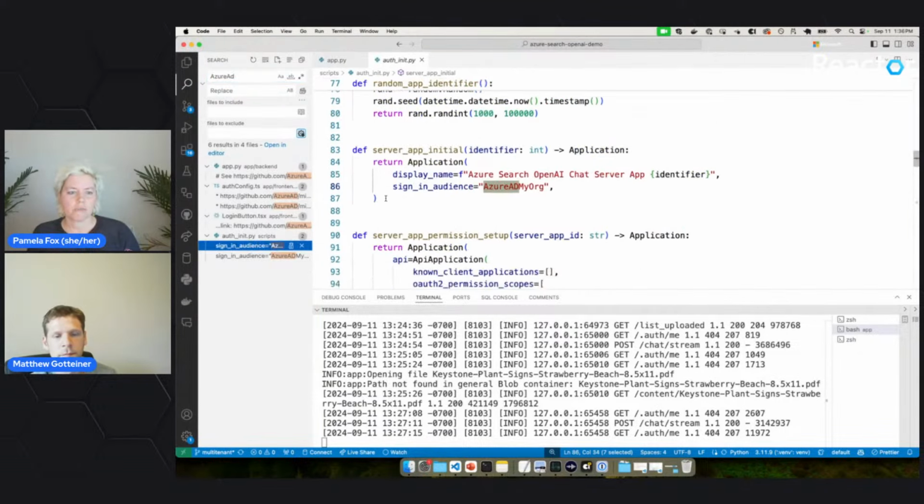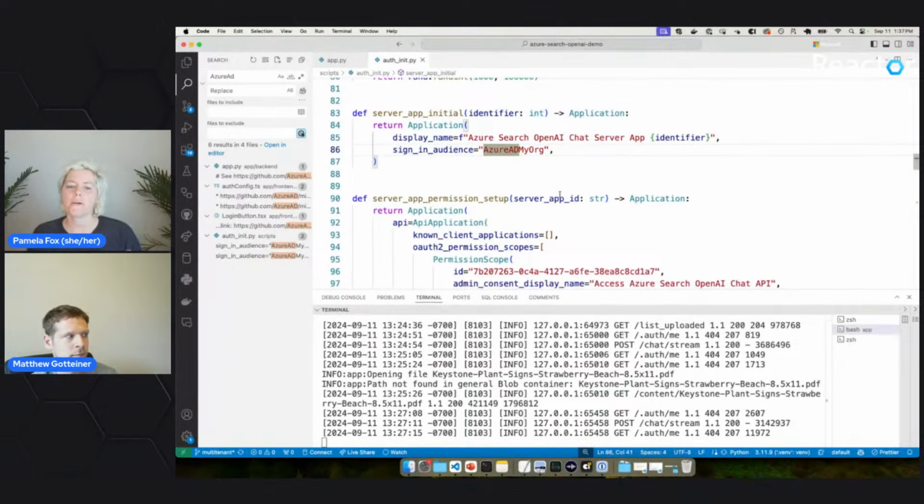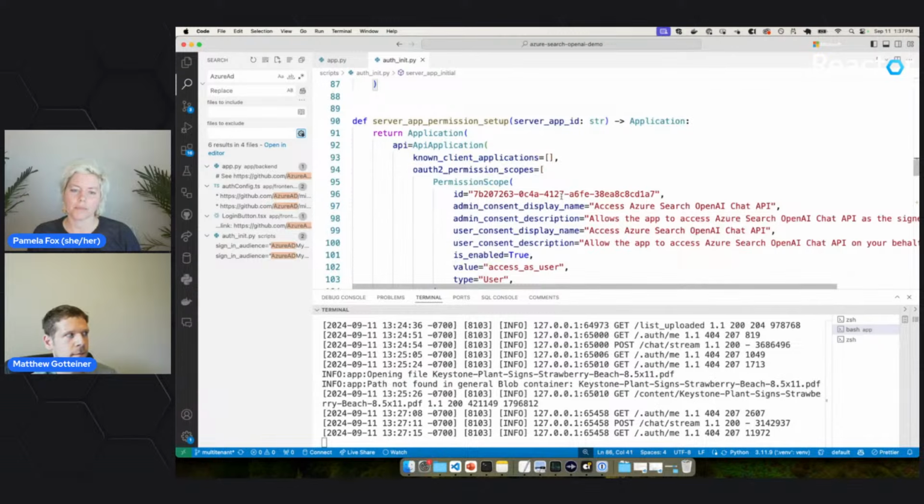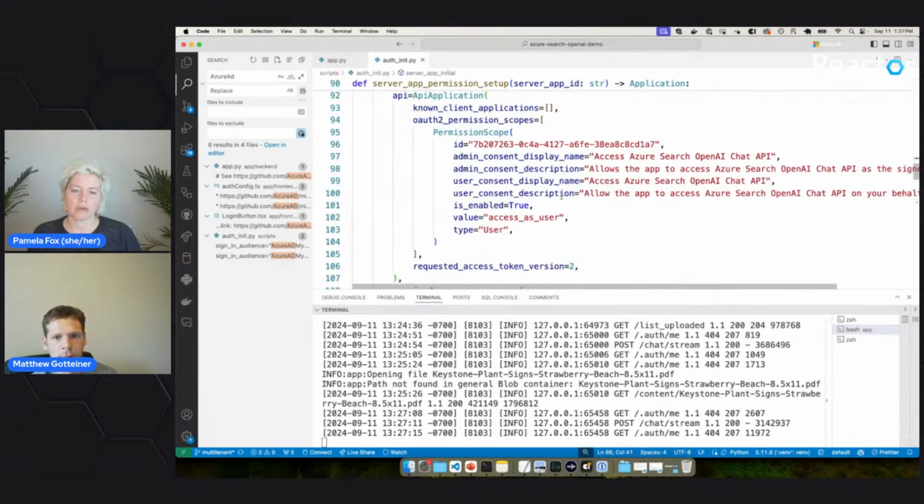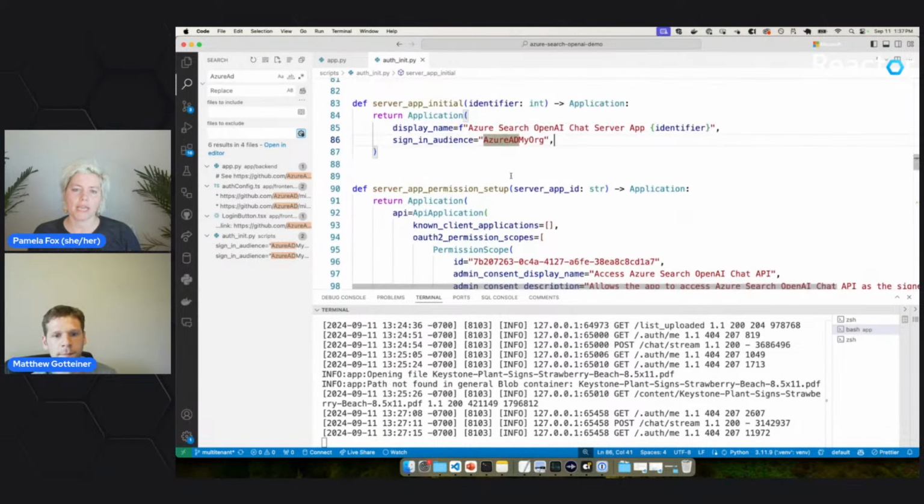Right. So here is where we set up the application and we say what the sign-in audience is. So we are defaulting to my org. I can't remember what the other value is. See if Copilot was going to just guess it. But there's different values you can put in there, right? So generally, this is where we configure all the application permissions and rules and stuff like that. And so setting up a single tenant versus a multi-tenant, I think is mostly just changing this.